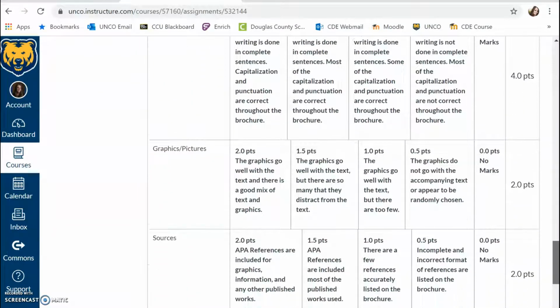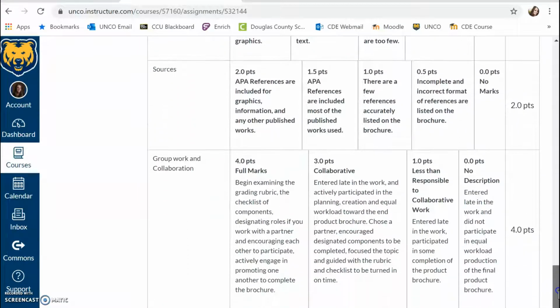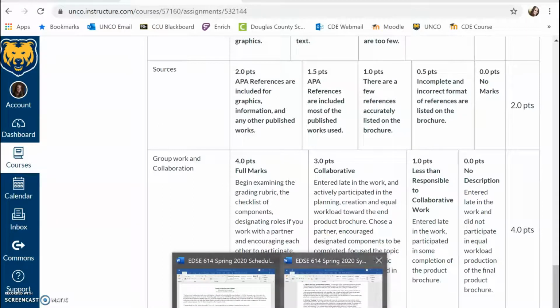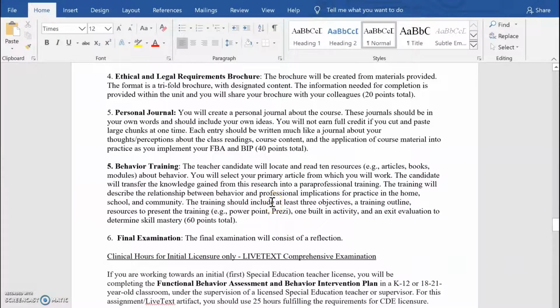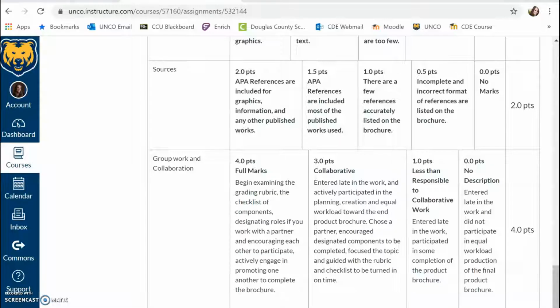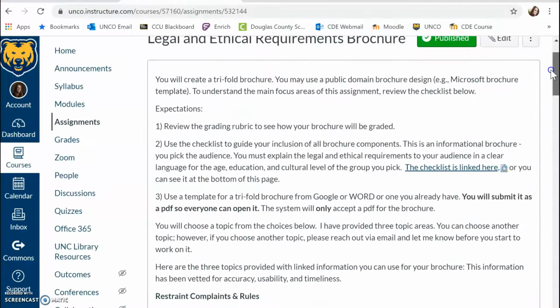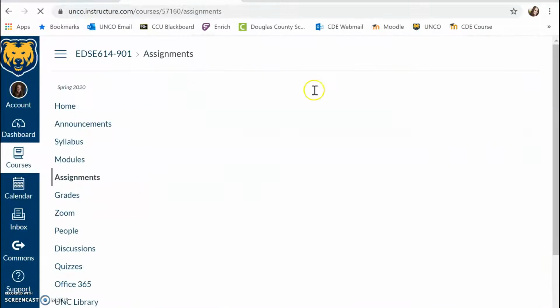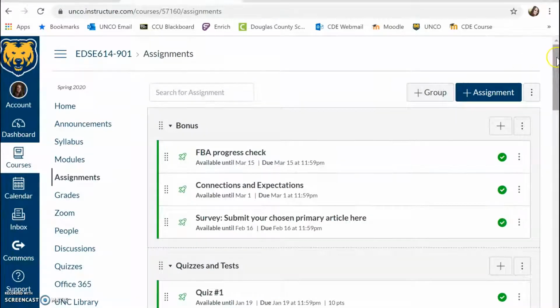You'll see a rubric here as well. That's all provided in Canvas in great detail. Then the behavior training, you're going to choose an article and you'll need 10 total resources, and you will be creating a training that could be provided to paraprofessionals, educational assistants, staff members. This training is going to include many different components. There will be an exit evaluation and some other things you'll put together,